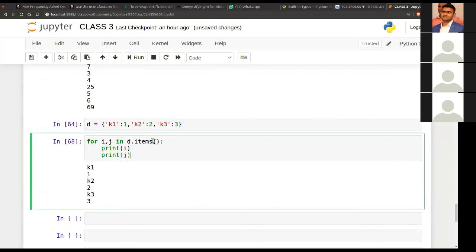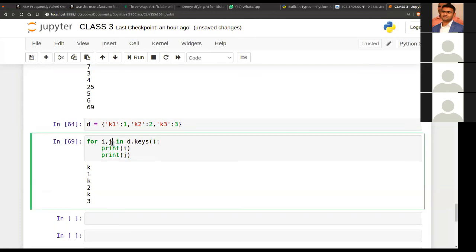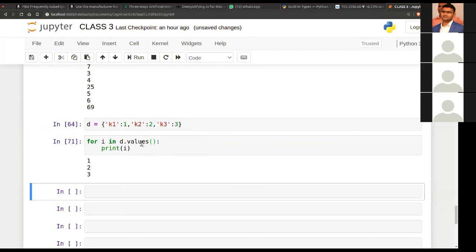We can also iterate through the individual things, that has no problem. We have a method called keys. It will give me all the keys. We have a method called values. It will give me all the values. So I'll comment it there. D dot items for tuple key comma values, right?